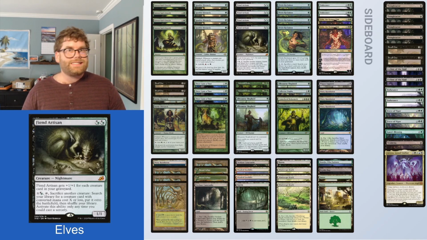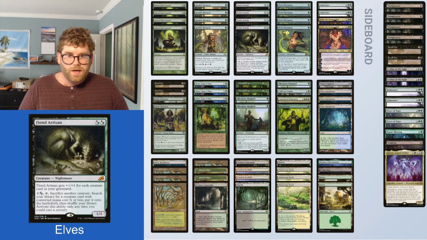Elves are notorious for dying to effects that are elf type, -1/-1. Fiend Artisan does not have that drawback. So if somebody plays a Plague Engineer on you, then your Fiend Artisan is like a 15/15. Maybe that's going to win the game by itself. Who knows? If it's not, then it's going and finding any creature that you want out of the deck, but